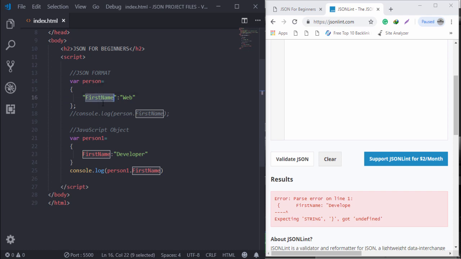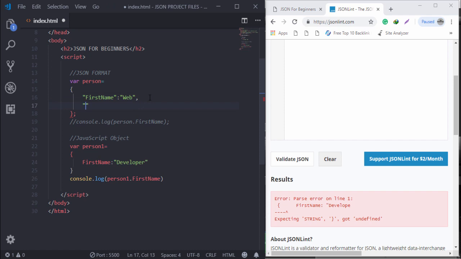This is a very simple and easy way to understand the format of JSON and also JavaScript. The JavaScript format is without double quotation, and the JSON format has double quotation. Okay, this is a string type. I want to assign another key and value, so I need to use a comma,